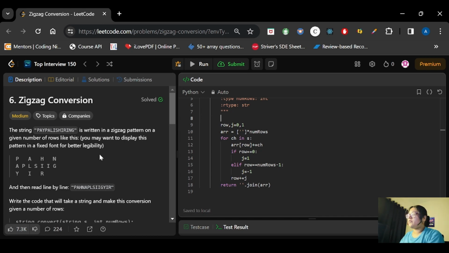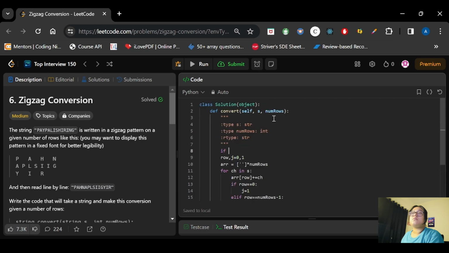Therefore what we will do, we will keep a condition here. If the number of rows that we have is equal to 1, or the number of rows is greater than or equal to the length of the string that we have been given, then we will simply be returning our string.